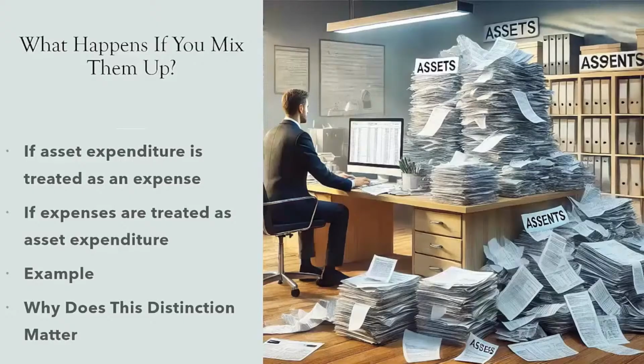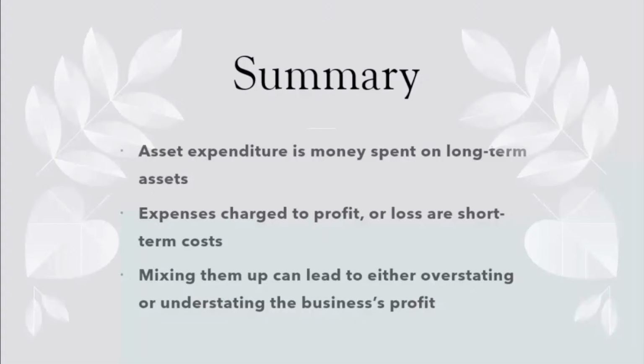Why does this distinction matter? The key point is that asset expenditure is about long-term value, while expenses are about short-term costs. Mixing them up can lead to errors in the financial statements, and that can cause problems for decision-making. In summary,